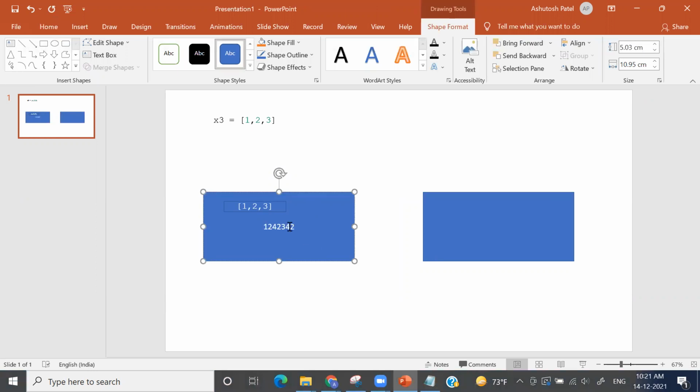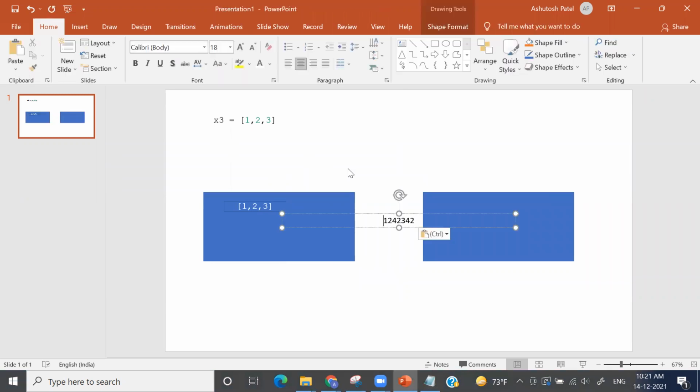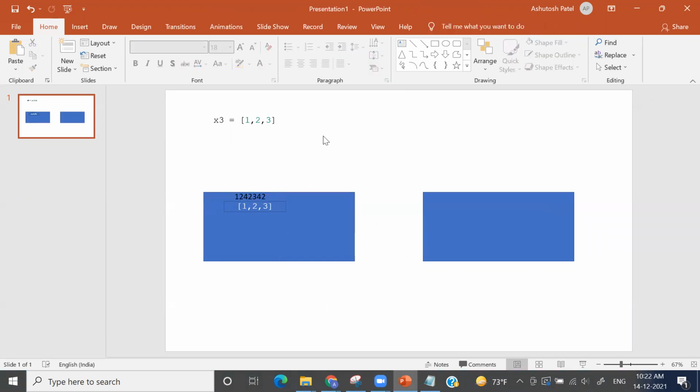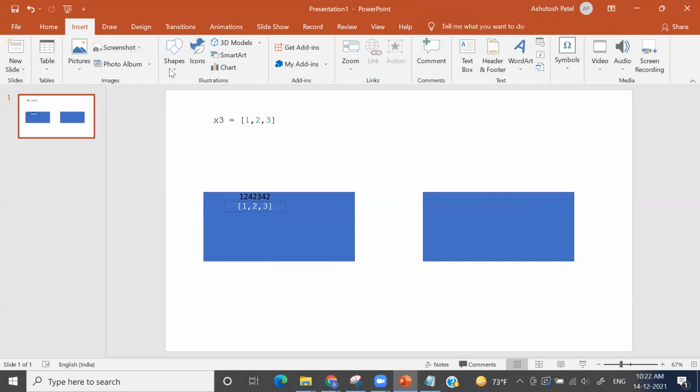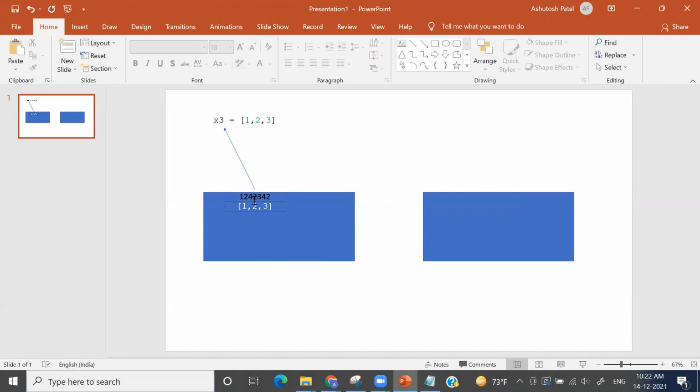Let's say this is the address of this memory. And this address is stored where? In x3. So x3 is storing this address 1 2 3 4.